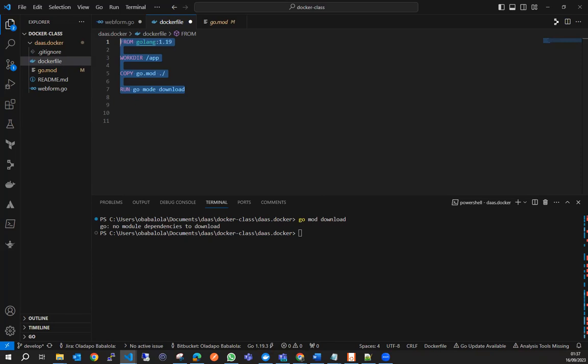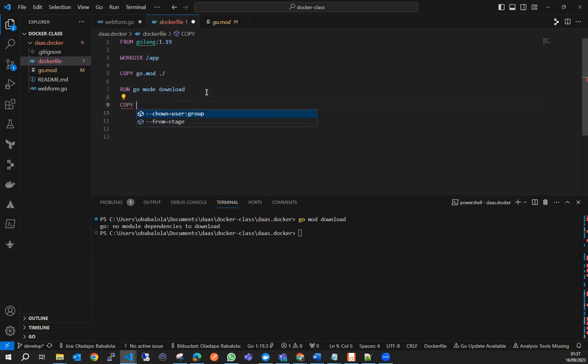Right. So what have we done now? We have copied the go mod into the present working directory. Then this same command that I ran, I can also run inside the image. And the command does what? Run go mod download, right? What is the next thing? I need to copy my source code